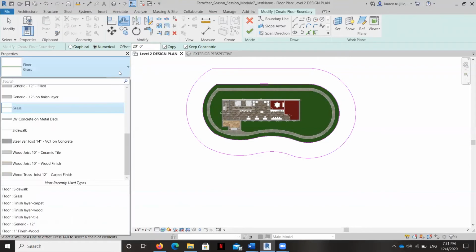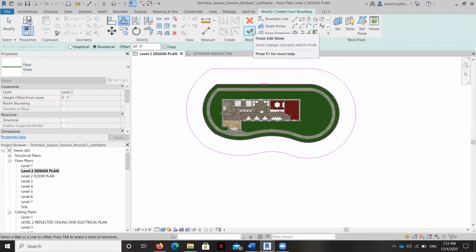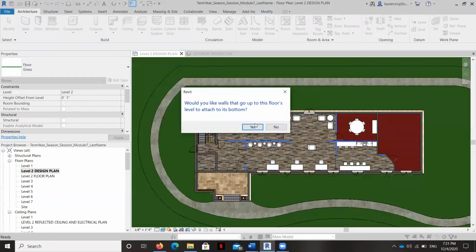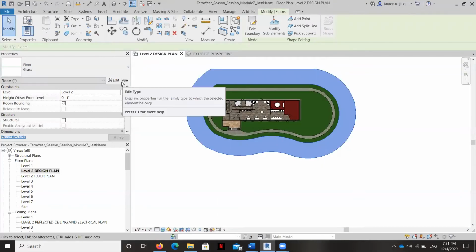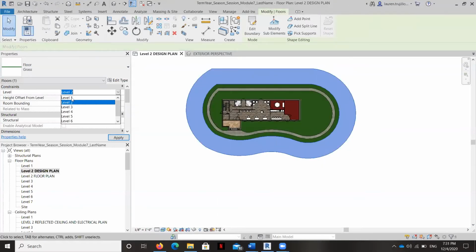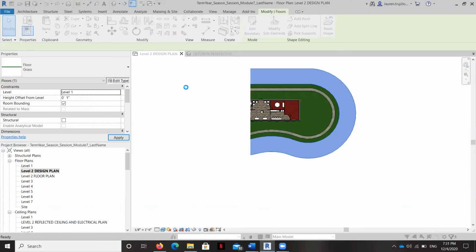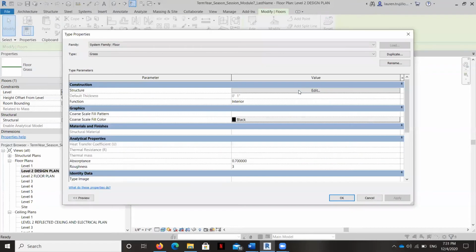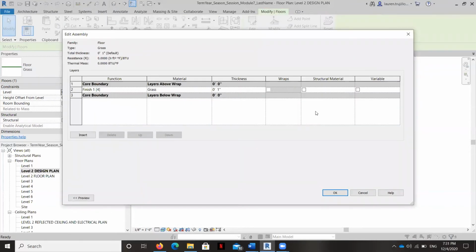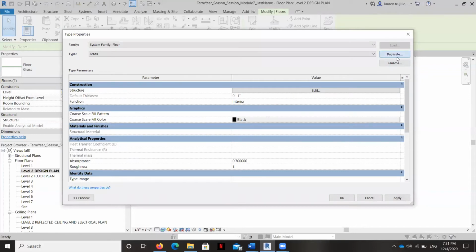Okay, so for this one, we are actually going to bring this down once again, and then I'm going to edit type once more. And I'm going to get this to be asphalt.